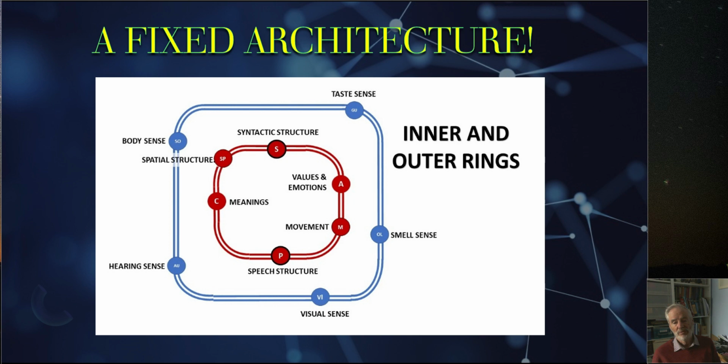Otherwise it will look fairly similar, and what's inside those particular stations will also be different, because different species have different hearing senses, different taste senses. All of the senses are different,